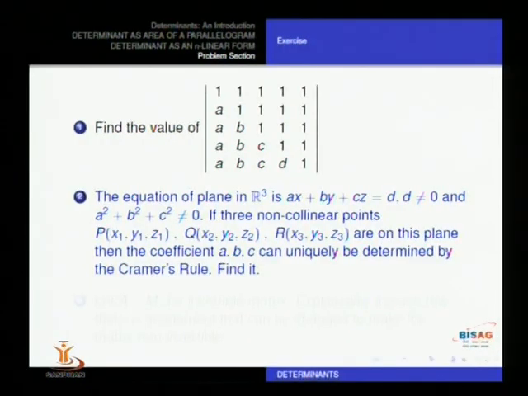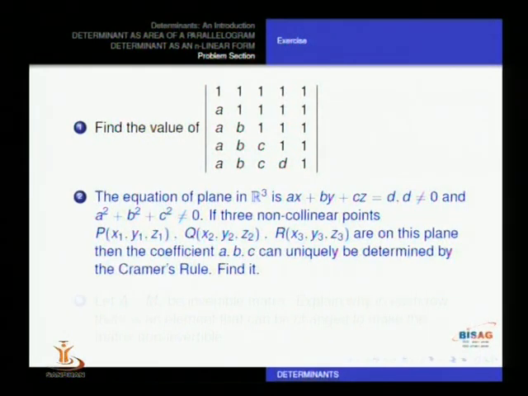And suppose we want to find out the values, then additionally we need 3 points, because a plane is determined uniquely by 3 points. So if we are given additionally 3 points, as you can see on the screen, point p, q and r: x1, y1, z1 is one point, another point x2, y2, z2, and the third one r, x3, y3, z3. If 3 points are known to be lying on the plane, then one by one we can satisfy the coordinates of these points on the equation.